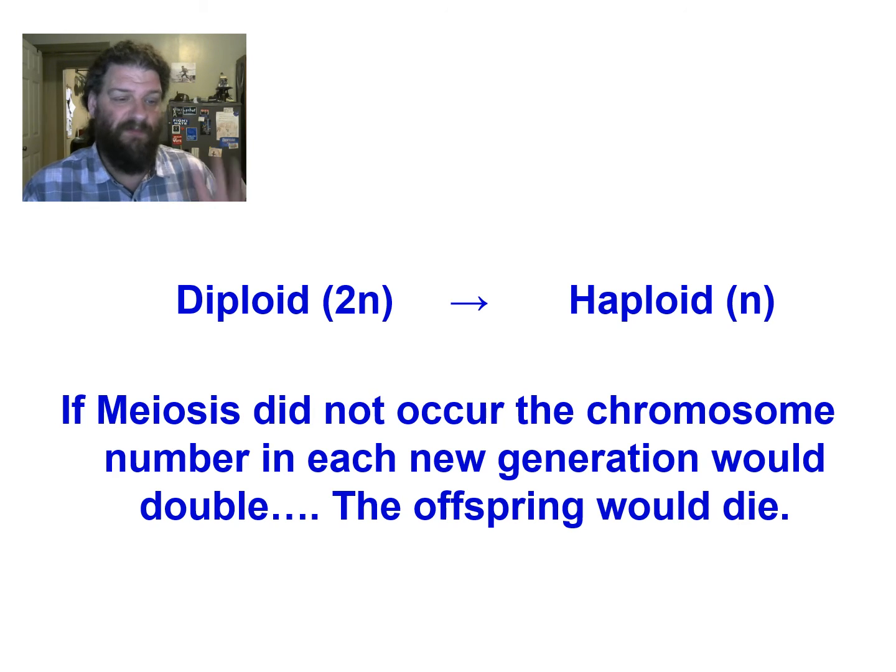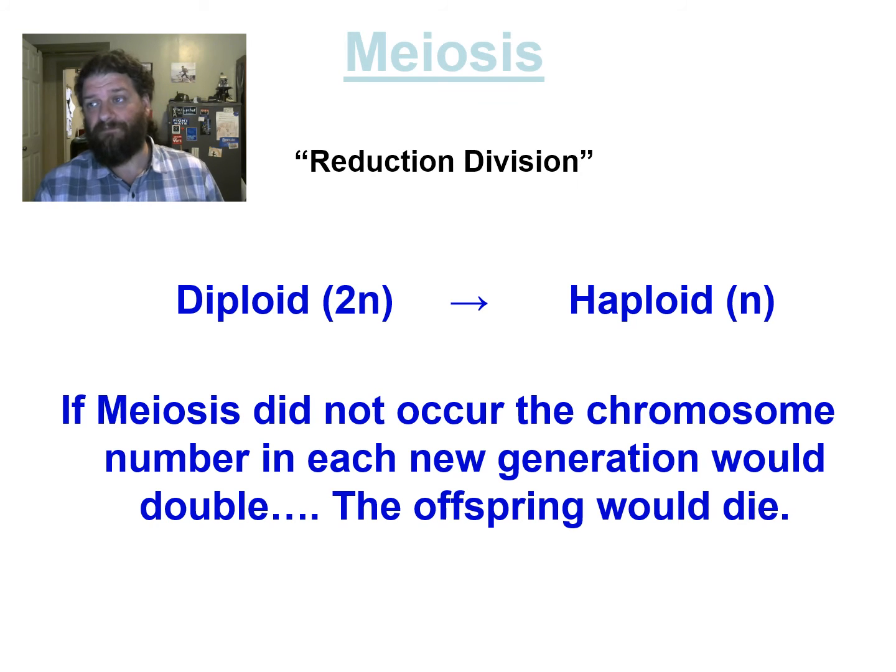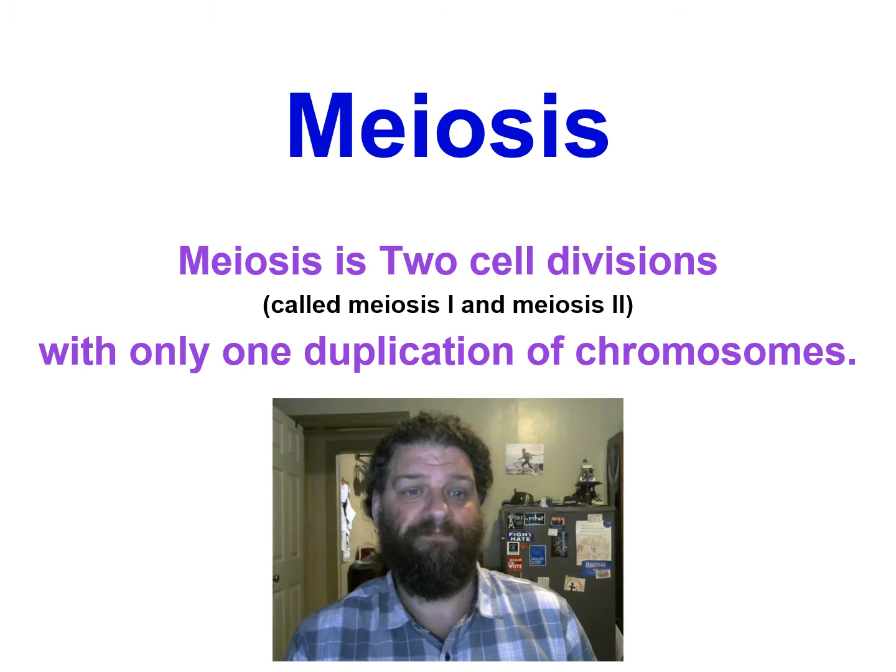Now, the Regents used to make a big deal out of this. I haven't seen it in a while, but they like to ask what would happen if gametes were made mitotically. And of course, like I said, there'd be a doubling of chromosomes, and you've got to have the right number of chromosomes. It doesn't really work very well when you have extra chromosomes or are missing chromosomes in most cases. Now, this is why we call meiosis reduction division, because we can achieve this halving of the chromosome number.